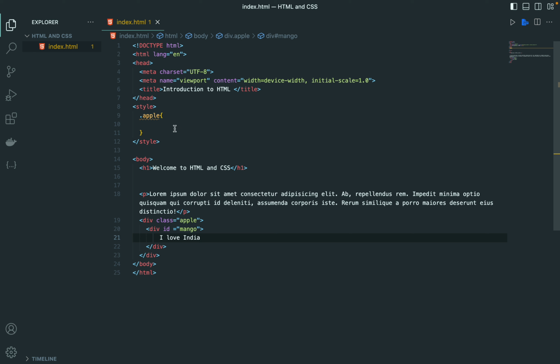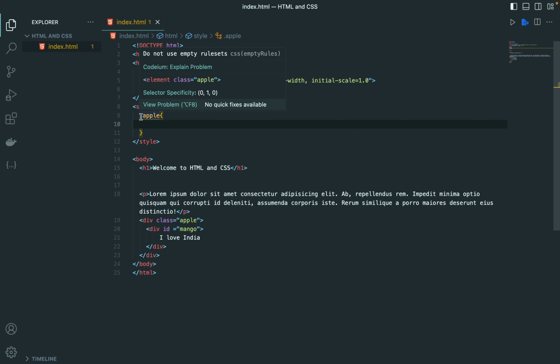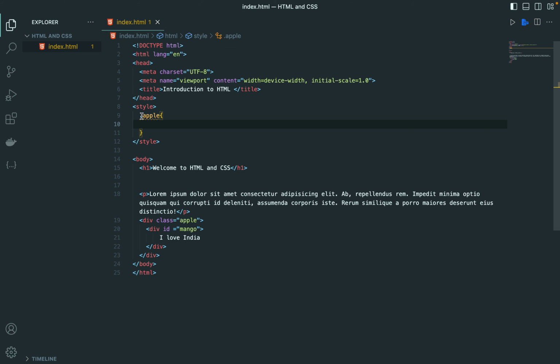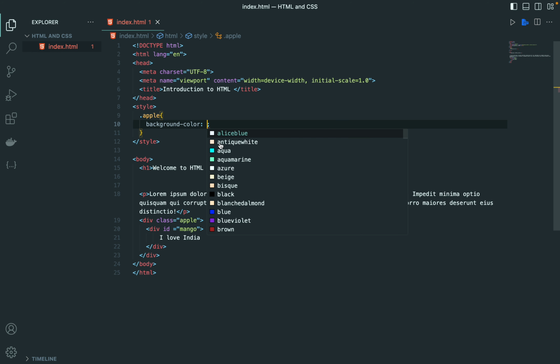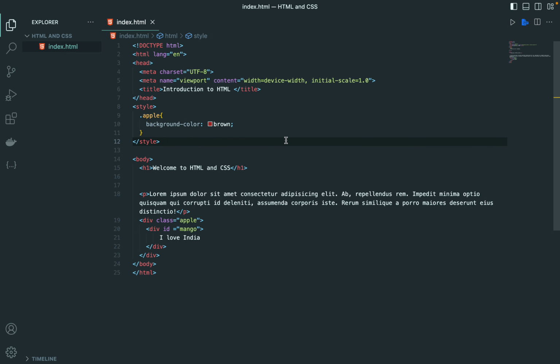So this is called a selector, a CSS selector. Do not use empty rules in CSS. So dot apple. Now I'm giving a background color, maybe brown. If I go to my web page,